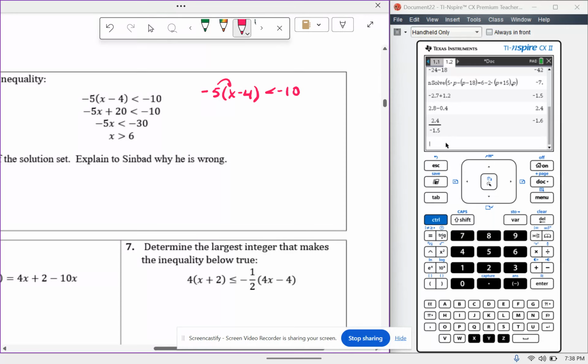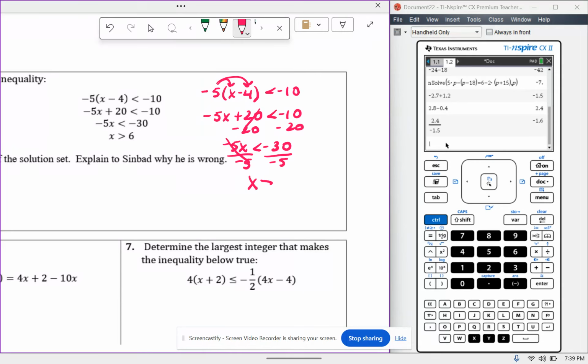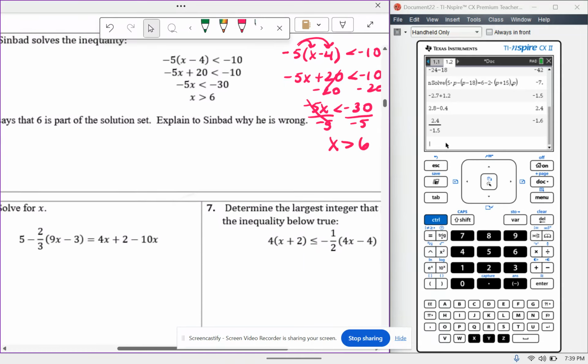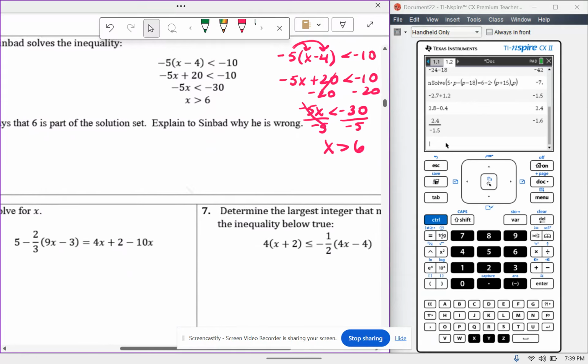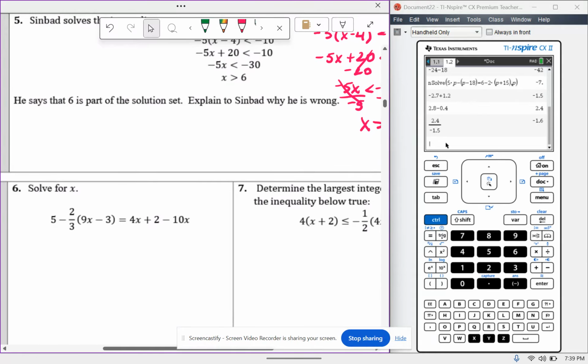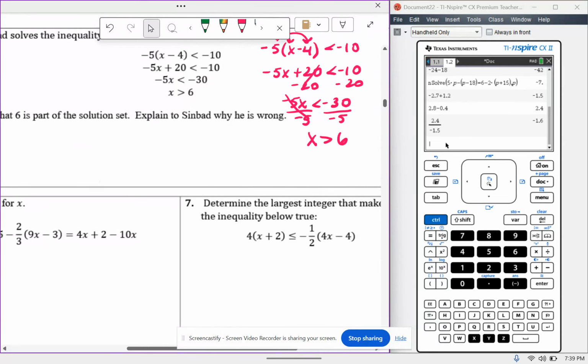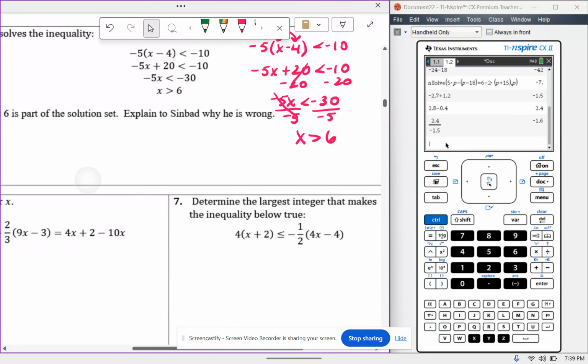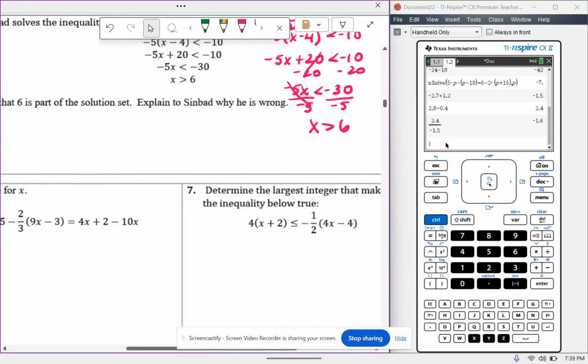So if I have negative 5 outside parentheses, I'm going to distribute. I get negative 5x plus 20 is less than negative 10. I'm dividing by a negative number, so I'm going to flip the inequality symbol, and I have x is greater than 6. So, okay, he got the same thing as we did, but he says that 6 is part of the solution set. Explain to Sinbad why he is wrong. 6 is not